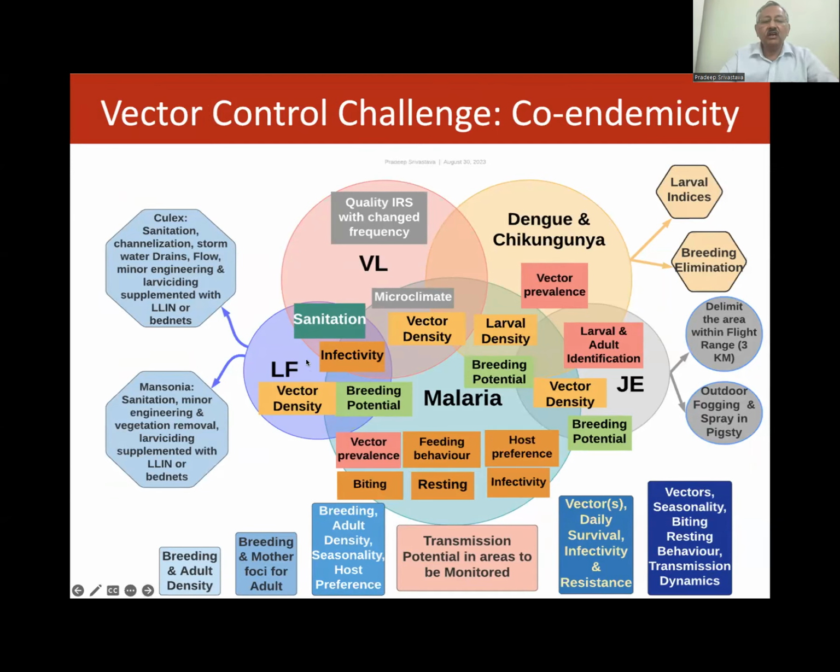If you see this chart, what are you doing in entomological, based on entomological data? What are the vectors you are monitoring? Vector density, you are doing breeding potential, you are doing infectivity for lymphatic filariasis in the vector. But what are you recommending? Basically, it is Culex transmitted, so you are doing sanitation, characterization of the breeding potential, then stormwater drains, flow maintenance, minor engineering, larviciding, and supplementation with LLIN, because it has a collateral benefit if you are putting it